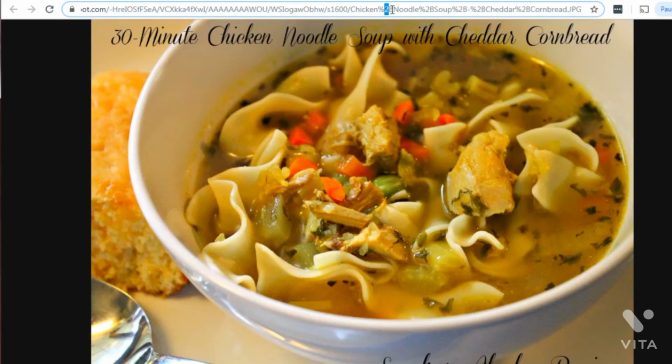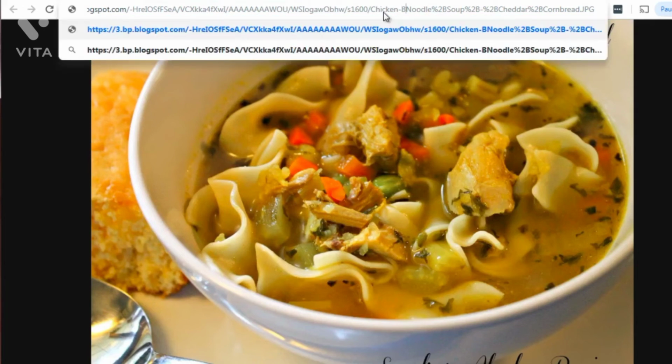chicken%2b noodle soup cheddar cornbread.jpg. The problem with this is that there are all these %2 signs and all that. What you need to do is, if you have spaces, use hyphens. So it should look like this, like a hyphen. Don't use underscores, just use hyphens to signify spaces. So it should be as simple as